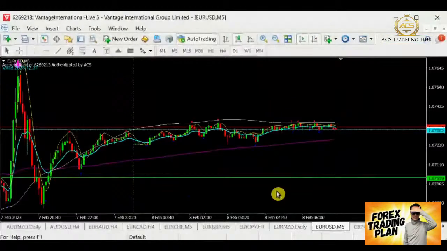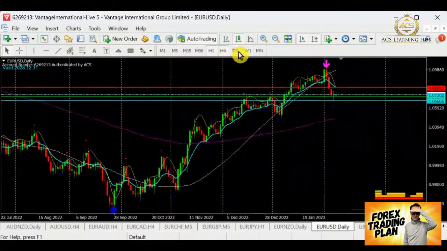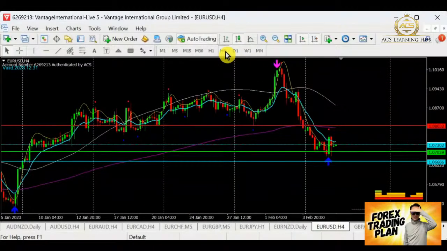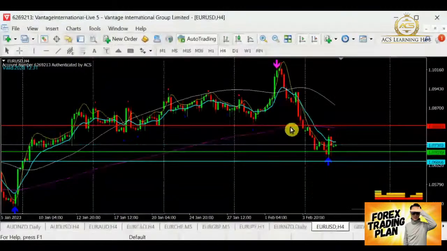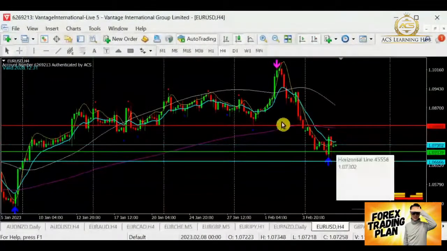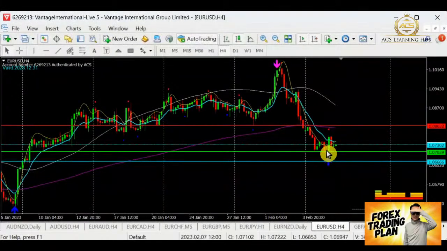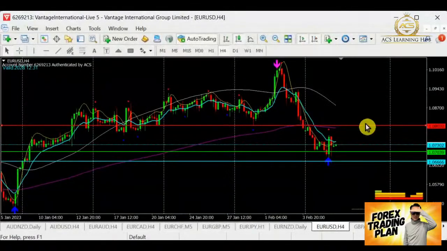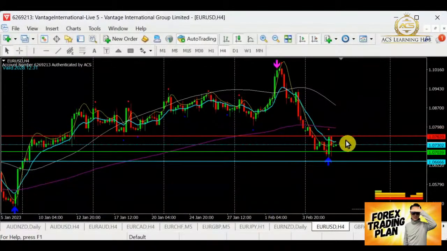Okay, Euro dollar. Let's take a look at Euro dollar in this area here. We are in the bull, transiting down into the bear, but it hits on the support. Let's see, where's the support level? Over at this point here, you can see it hits into this level and it bounced back. Well, I think we are still in the downward trend, but we need to be a little bit patient to see if this resistance is able to hold.